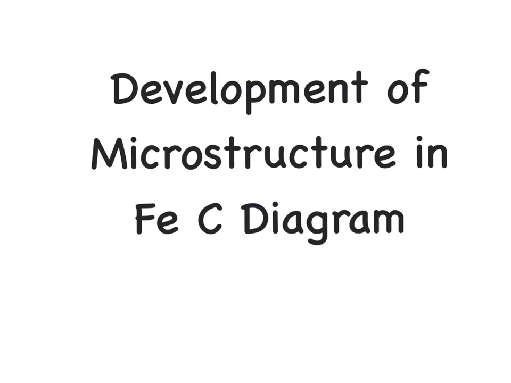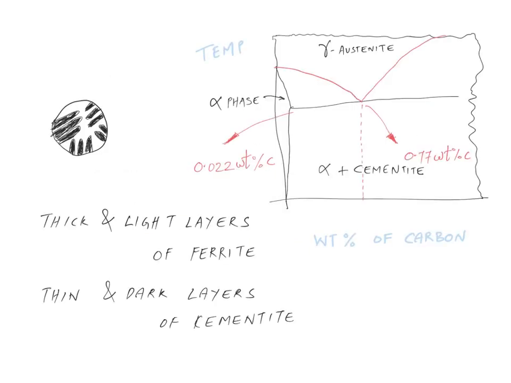Hello friends, today in this video I am going to talk about the development of different microstructures in an iron carbon phase diagram. So to start off, let's start with the pearlite microstructure. The pearlite microstructure will be formed when you cool